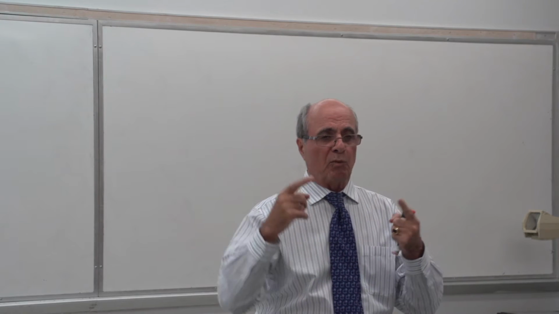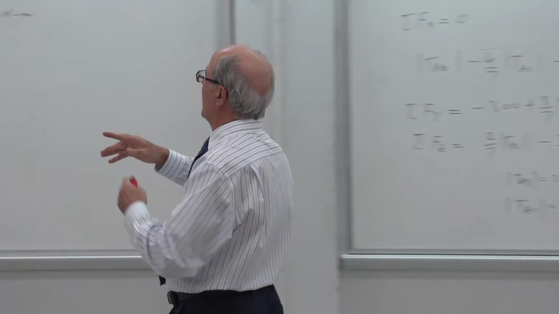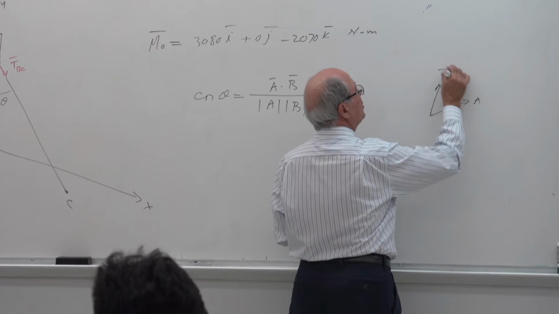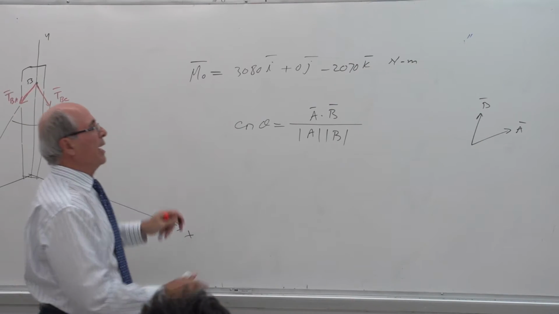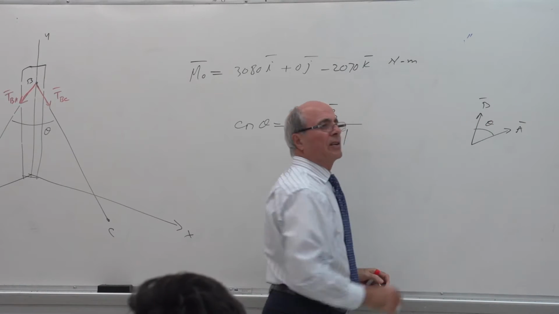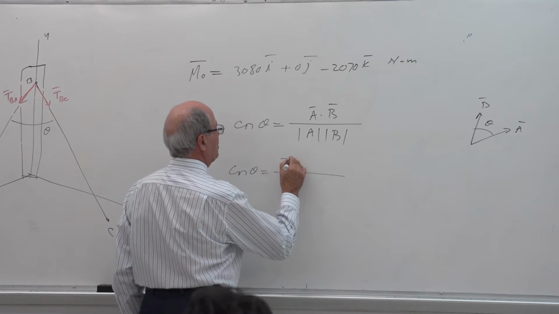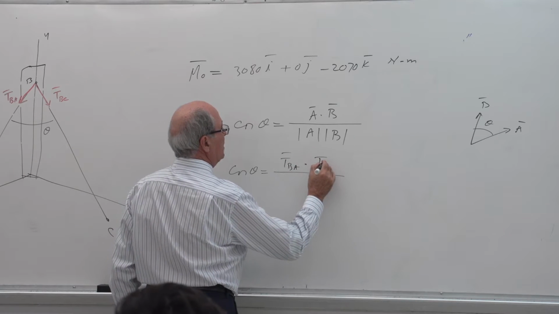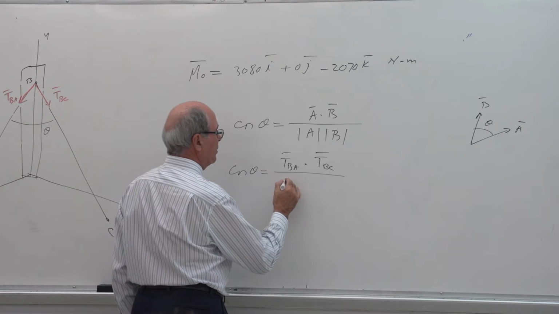All I need is two vectors, one along one cable, one along the other cable. Yes or no? A and B intersecting at point B, and that's exactly where they were. This was A, and this was B. Remember that? Doesn't matter. Do I have this scenario there? Yes, I have. And that's the angle, that was the theta, correct? So cosine theta is equal to T BA as a vector, dot product with T BC as a vector, divided by their magnitudes. One was, I believe, 500.